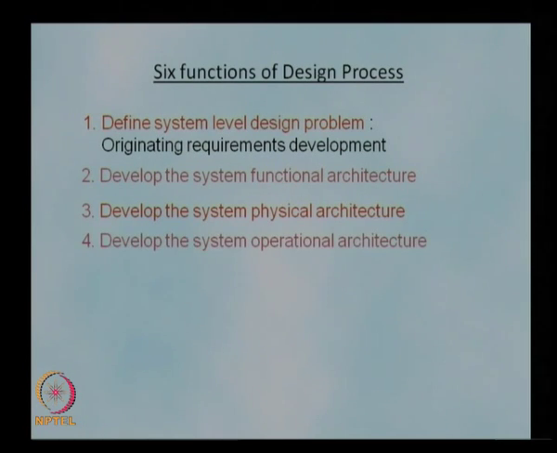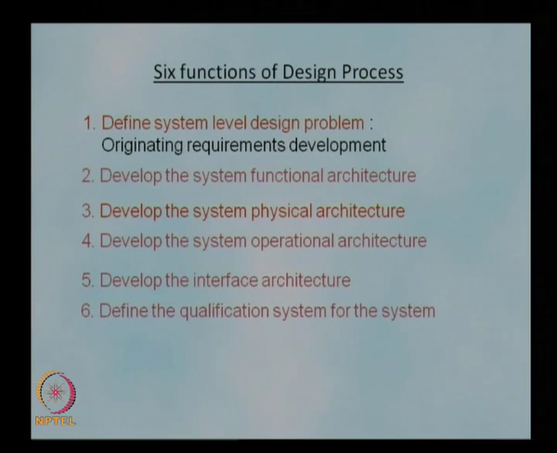And the fourth one is the system operational architecture. Once we have the physical system in place, we need to find out how the system will be operated, what the operational requirements for the system are, and then we develop an operational architecture which will satisfy the customer requirements. Then we develop an interface architecture. Since we have many subsystems in place, we go for an interface architecture which will identify all the interfaces needed for the subsystems as well as to the external systems, and ensure that there is compatibility with the standards and other requirements identified for the system, and that there is no loss of data or loss of communication between the subsystems.